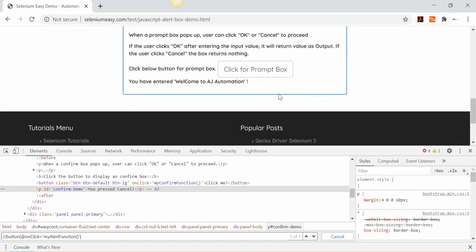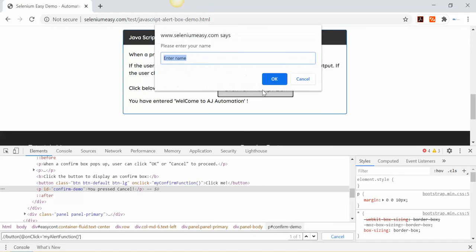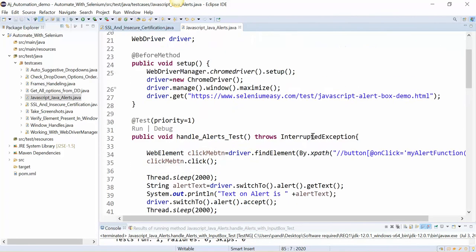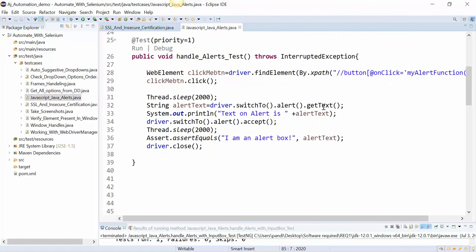Okay, so this is quite easy but important, and definitely if you're going for an interview, this question will definitely be asked: how you can handle the alerts or pop-ups, and what are the different methods in alert. Okay, so what are the different methods we see? To accept the alert or click on OK button.